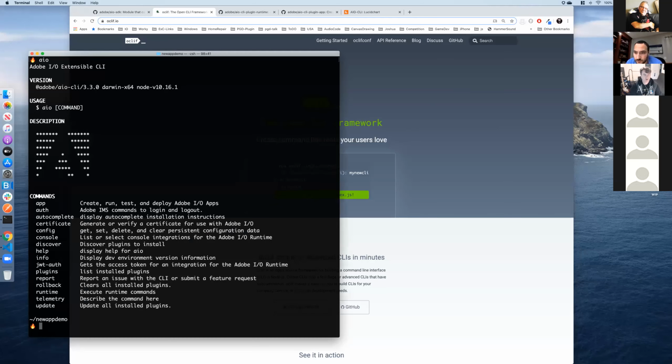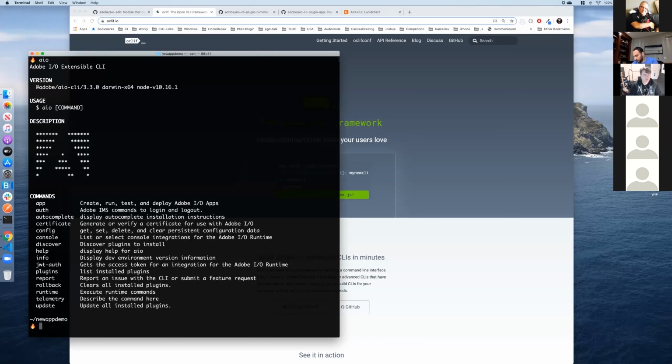Our CLI is the AIO, which is the Adobe I/O extensible CLI. One of the big plugins, and probably the most mature, is what we call the runtime plugin, runtime being our deployment of Apache OpenWhisk.